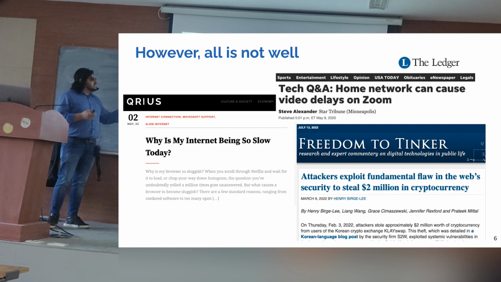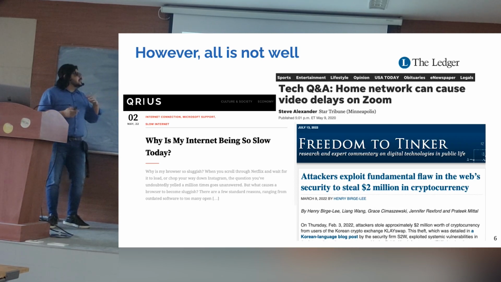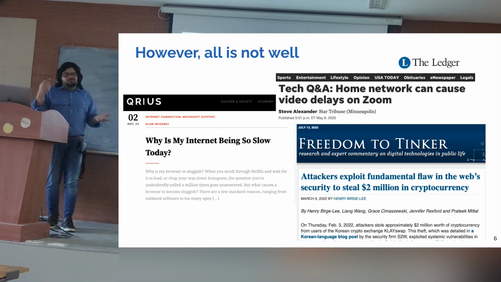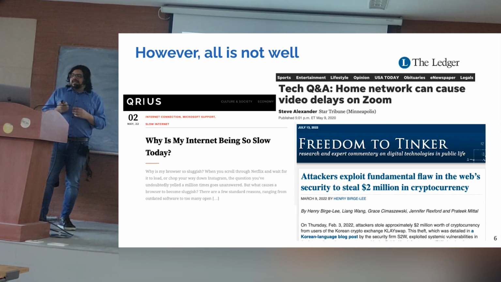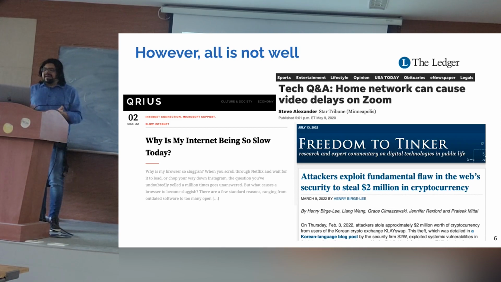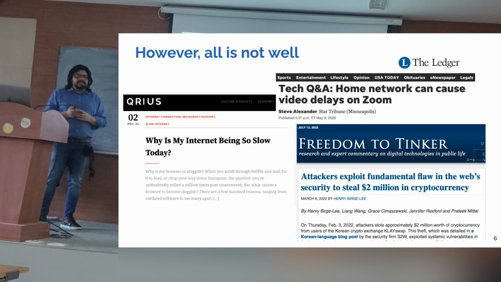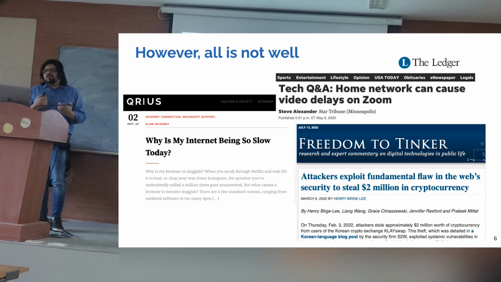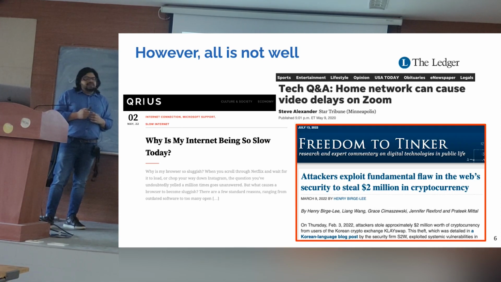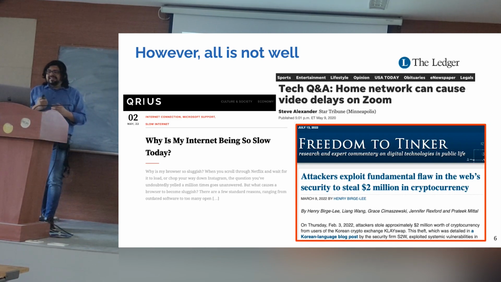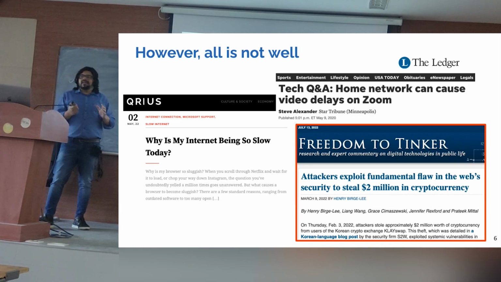So we see some news articles here about why the internet is slow, how network issues can cause Zoom problems or other apps, Microsoft Teams, whatever, and how there are attacks on the web every day, stealing a lot of important information or even cryptocurrency and so on. So let's take this particular example of cryptocurrency stealing and look into it a little bit to understand how this